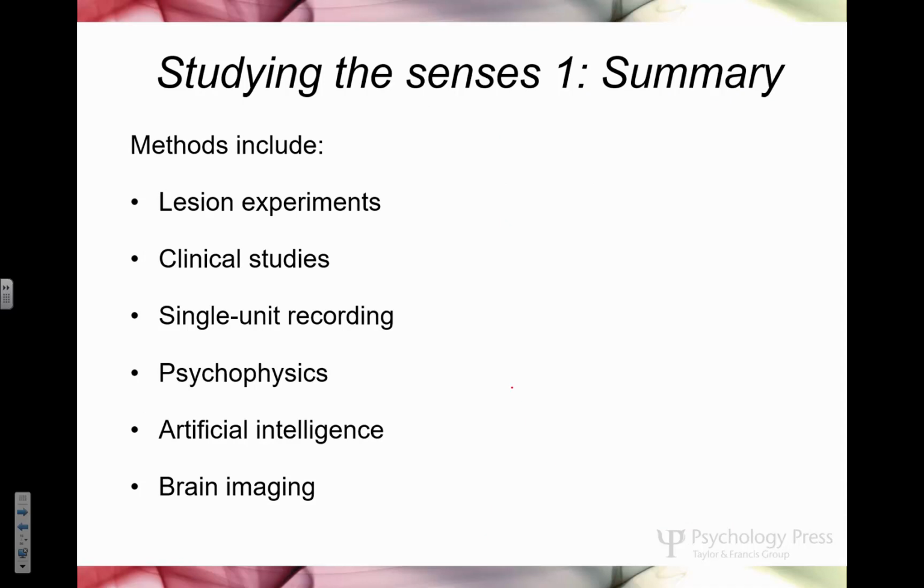Skip that. How do we know things about the sensory systems? Well, one, there are lesion studies where we remove part of the brain and then we figure out whether or not you can still perceive that particular stimulus, right? So if we cut out your visual cortex and you can't see anything, then we go, well, that was visual cortex. We know that. We will typically do that in animals. We don't really do that in people, although there are some fancy ways we can do it in people now, like transcranial magnetic stimulation, right? And you can kind of zap part of somebody's brain and turn it off temporarily.